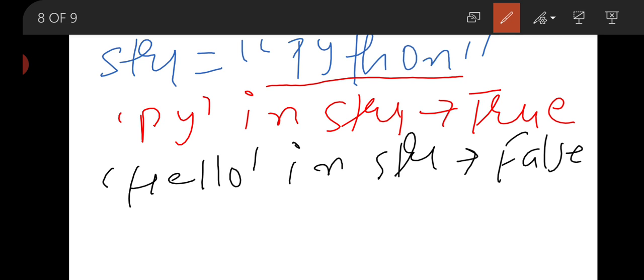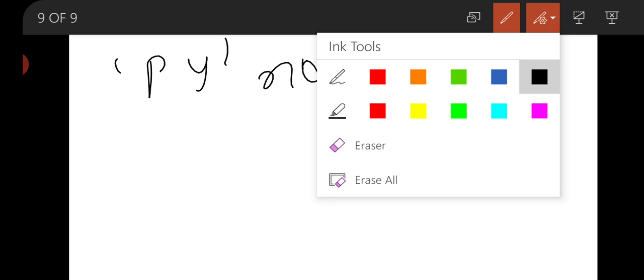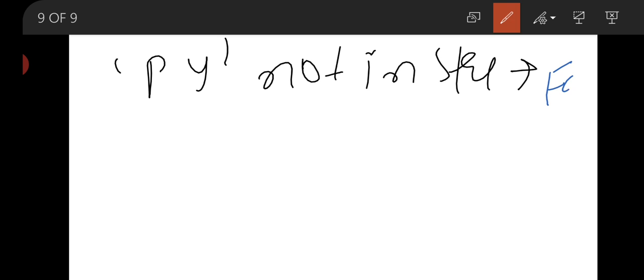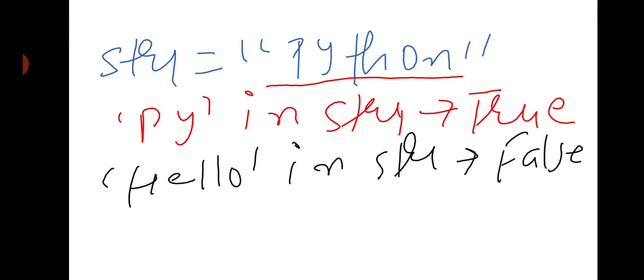Again, if we write the same py not in str1, then the result will be false. The result will be false because py is present in the string. Here py is present in python.